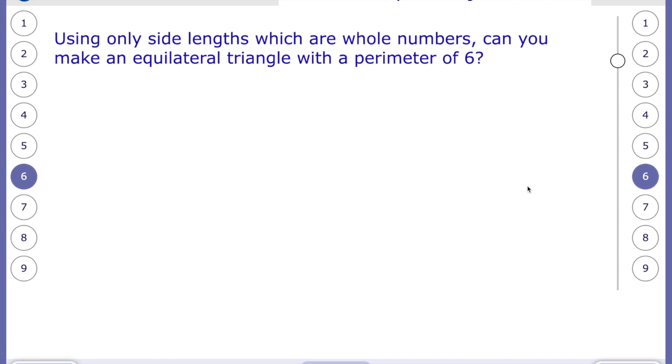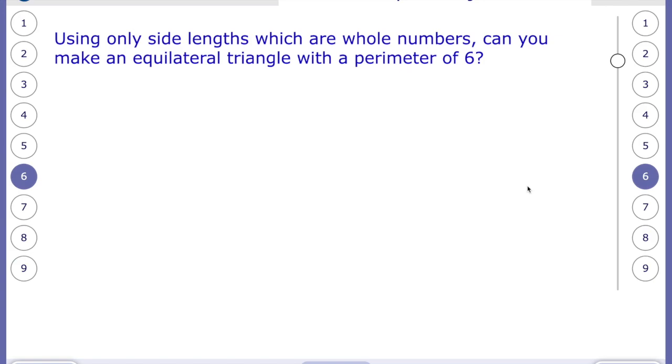So we now need to look at impossible triangles. Some triangles are impossible to make. So it says, using only side lengths which are whole numbers, can you make an equilateral triangle with a perimeter of 6? Now remember, 6